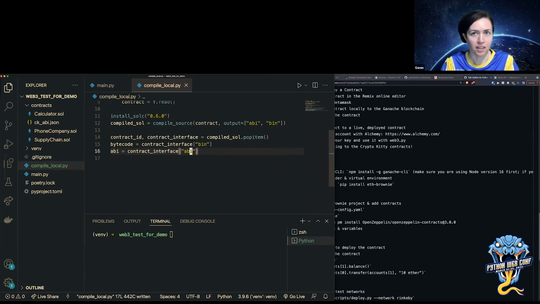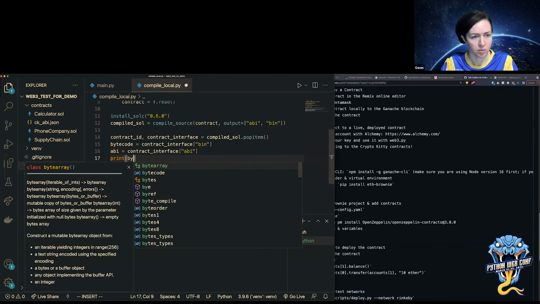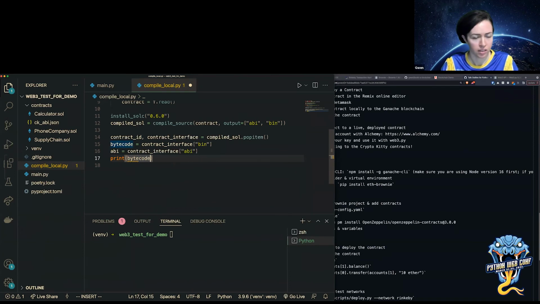Okay, and now I should have this. I can print this out, the bytecode and the ABI, and that should be working.